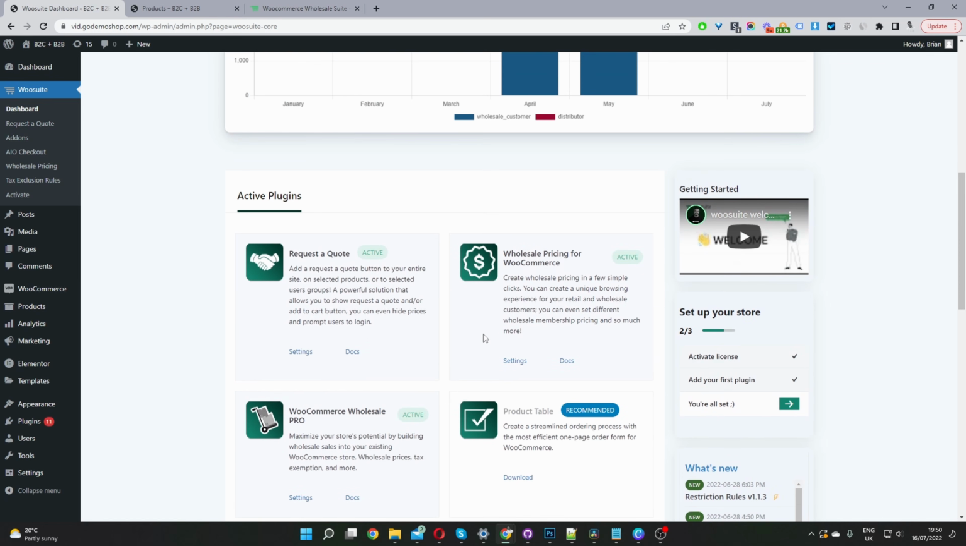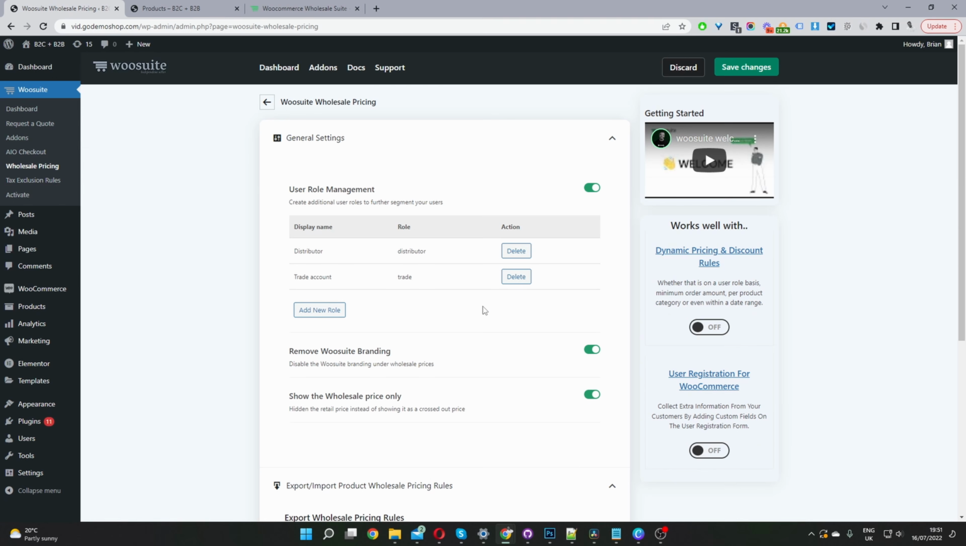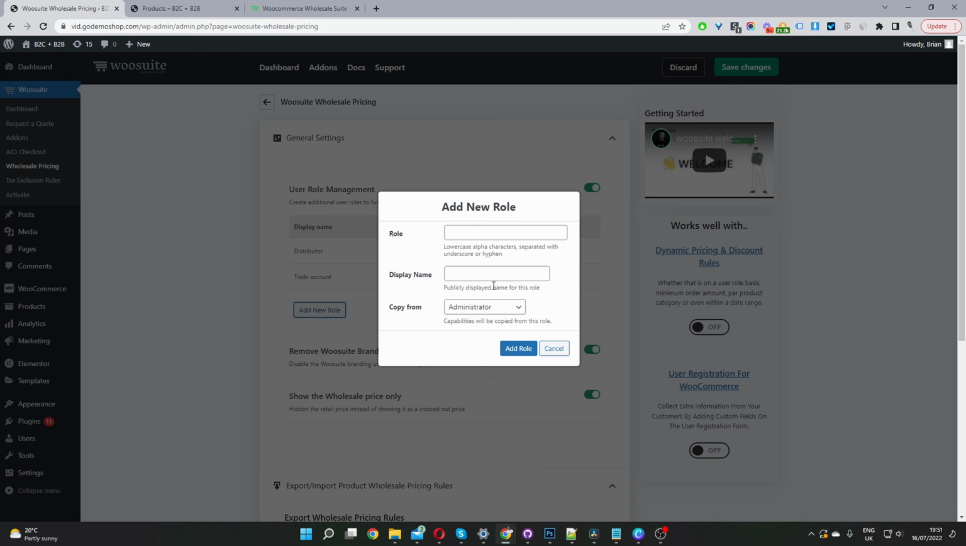Okay, so now we'll go ahead and create our wholesale roles. So we'll navigate to wholesale pricing here. Okay, and here I've already added a few roles. So you want to go ahead and enable this user management option here. So I've already created a distributor role, a trade account role, and I can go ahead and add a new